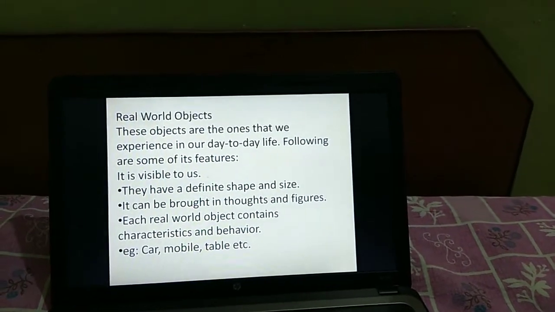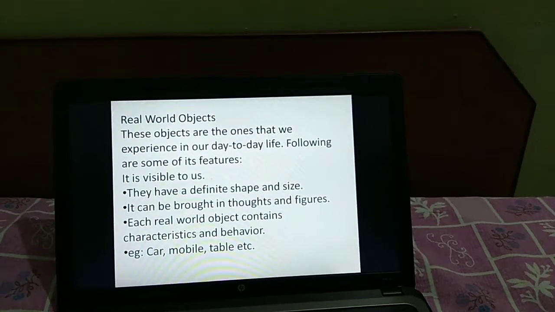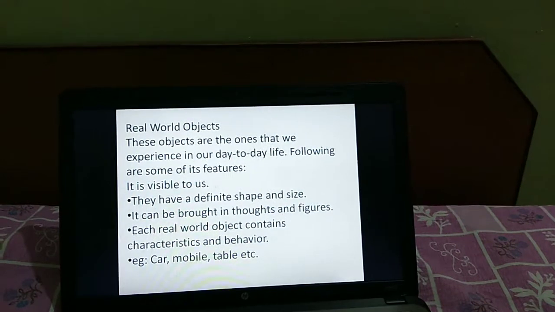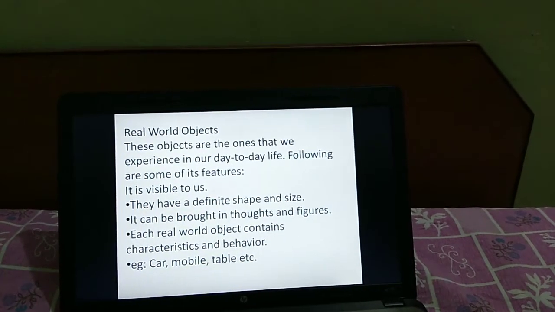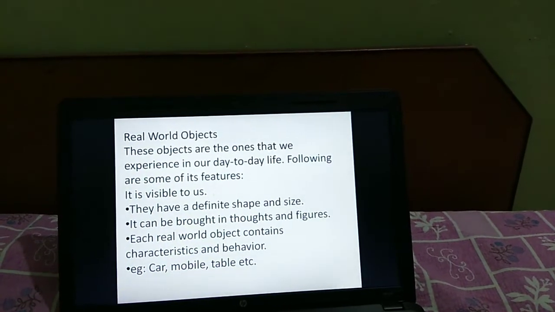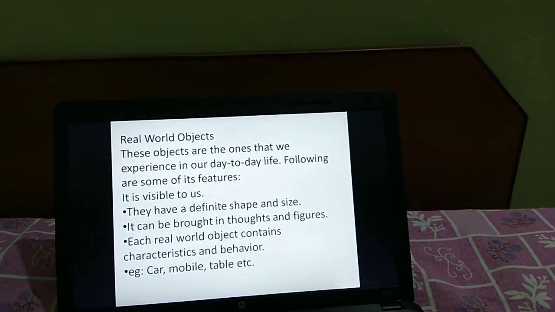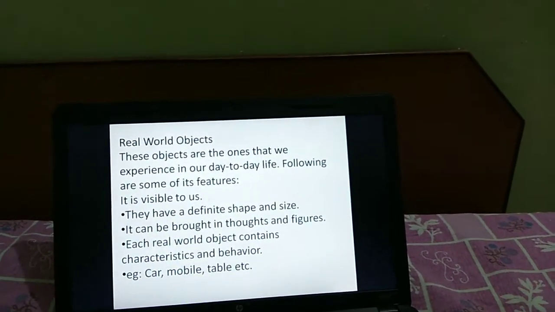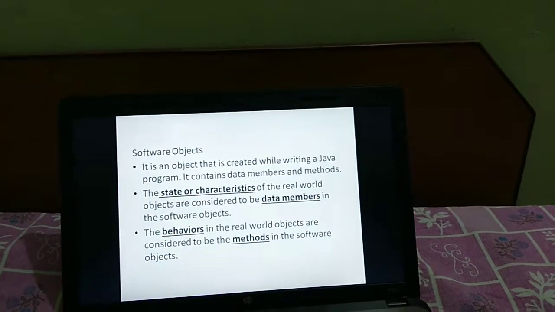Its behavior is what it is used for, why a car is used, why a mobile is used. The same way with a table: why we are using a table, and what is its characteristic? It has four wooden legs. So real world objects contain characteristics as well as behavior.